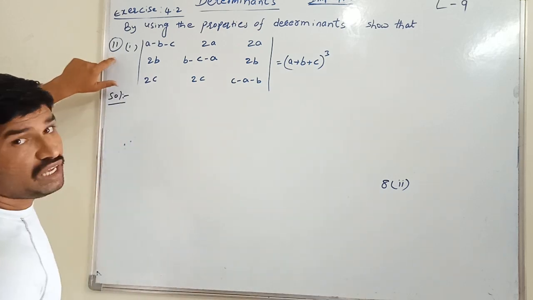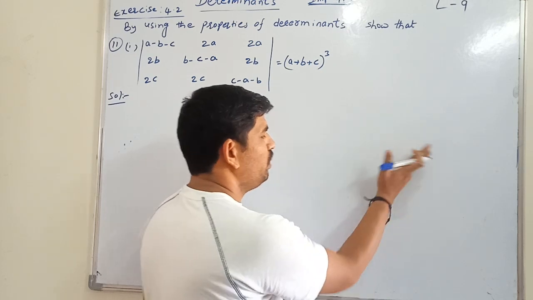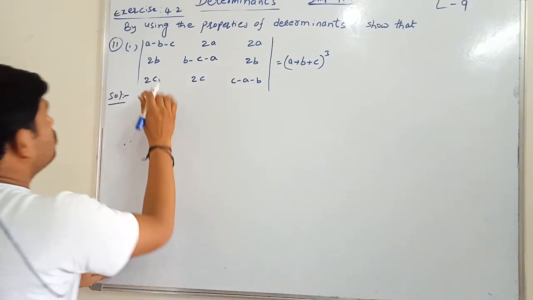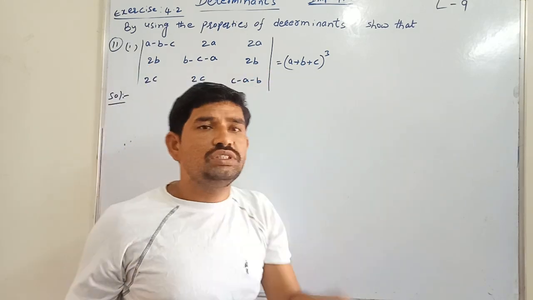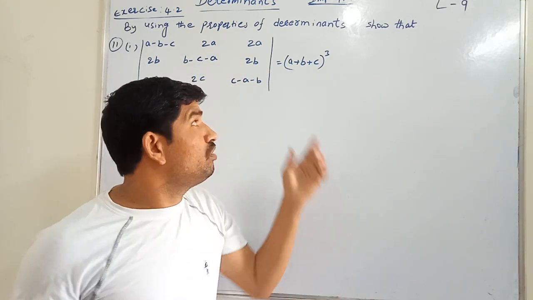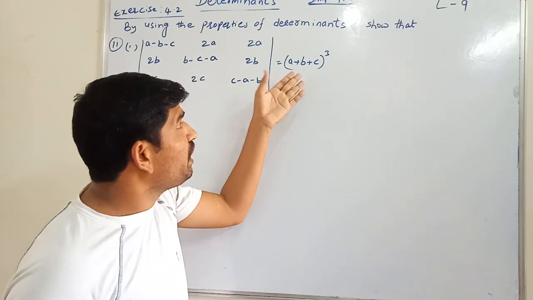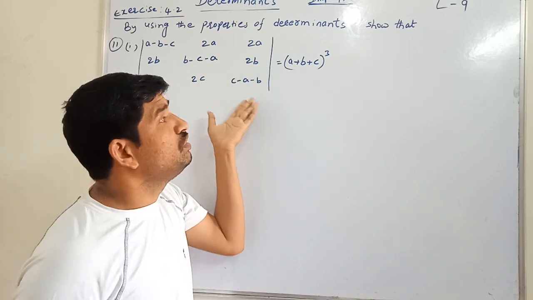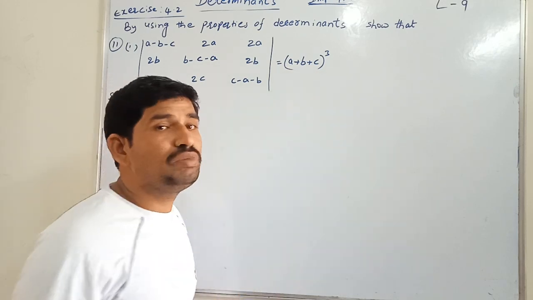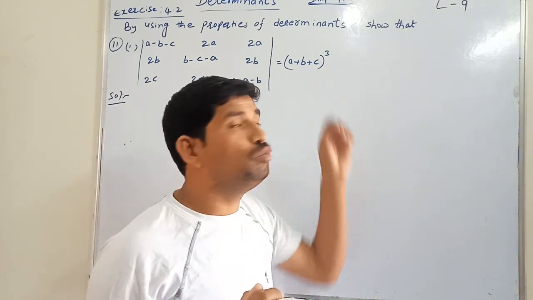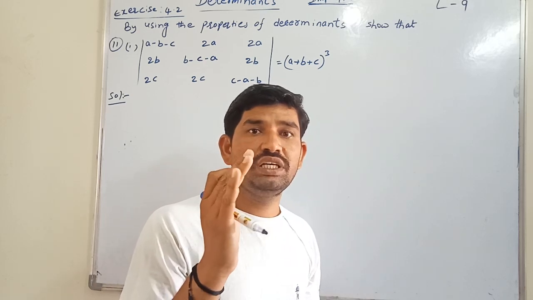Now see question number 11, bit number 1. So we can complete question number 11, bit number 1 here. Okay, now this is the LHS and this is the RHS. To complete the solution in the determinant, first we have to observe the RHS also, because we can use the operation by observing the RHS. So we have to get what? A plus B plus C 3 times. That's why having the cube here. A plus B plus C whole cube means we have to get A plus B plus C here 3 times.